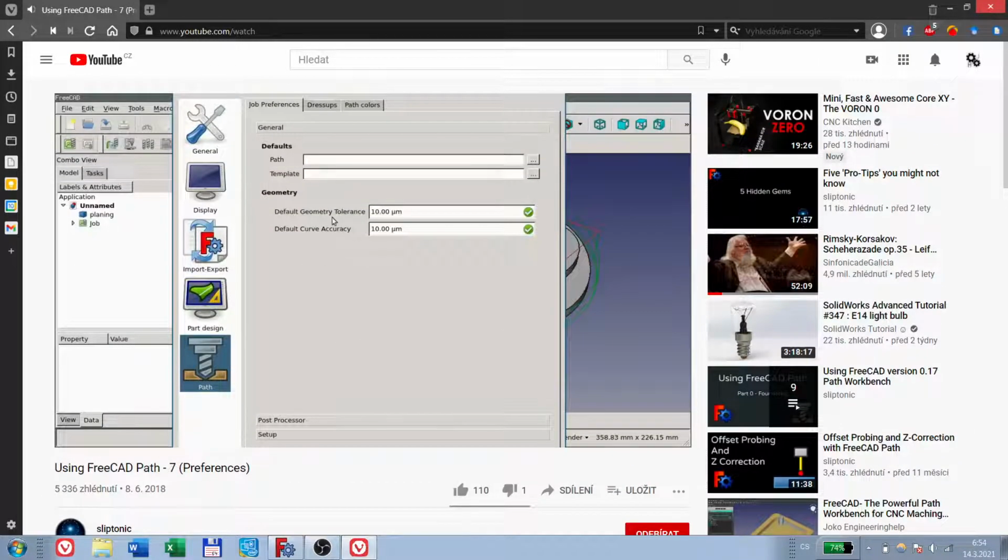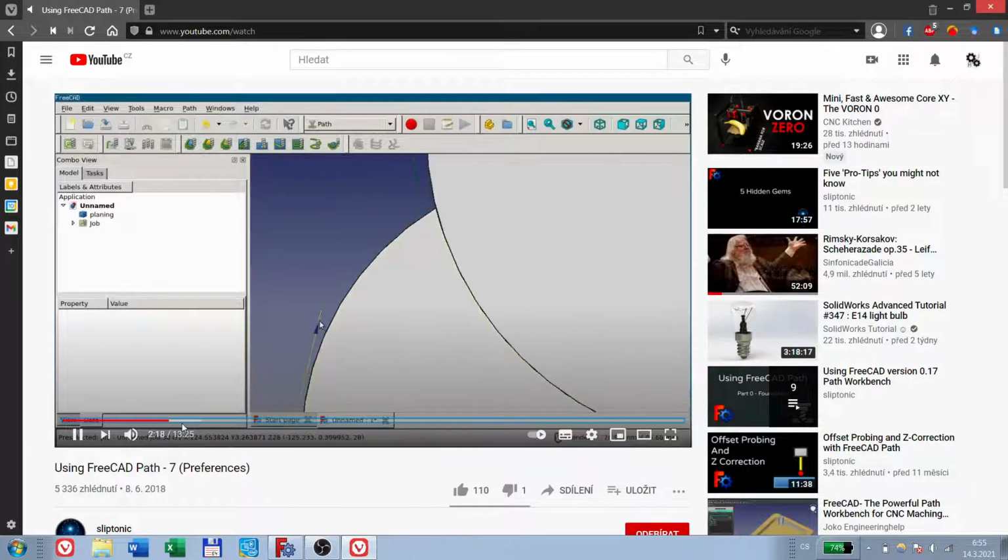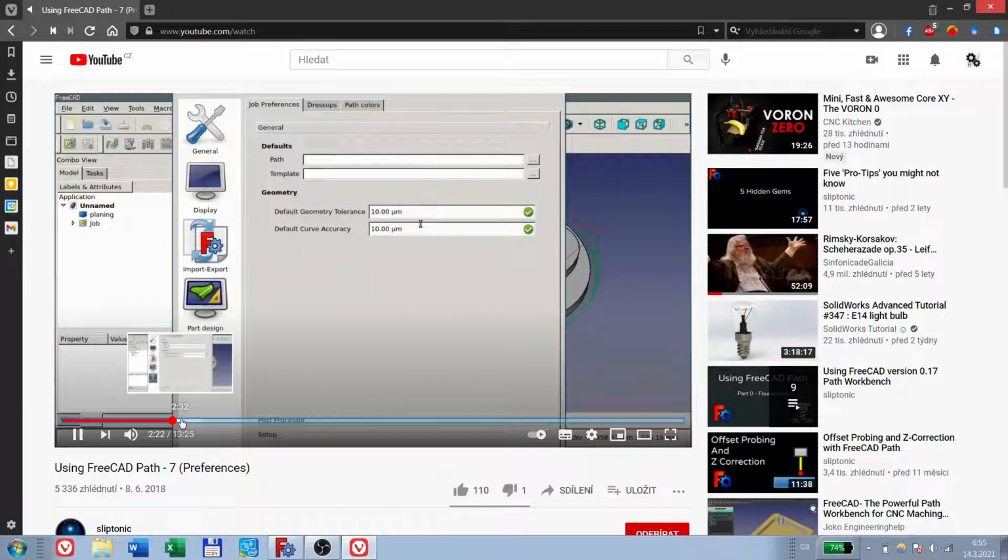These 2 settings for the geometry tolerance and the curve accuracy are pretty important, or you'll get straight segments when you're expecting arc curves. So these should be set to like